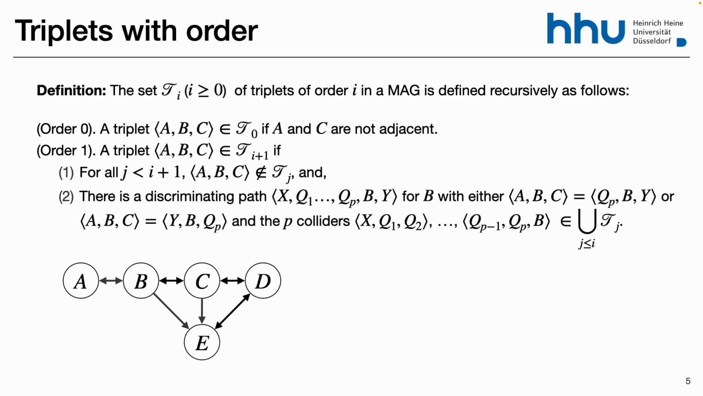So for unshielded colliders, we don't need a discriminating path to order. We can immediately say, without a discriminating path, that the order is 0. Yeah, you can think of it as